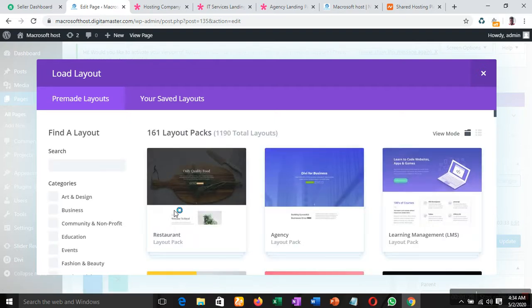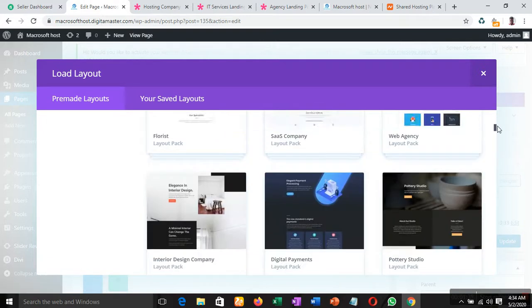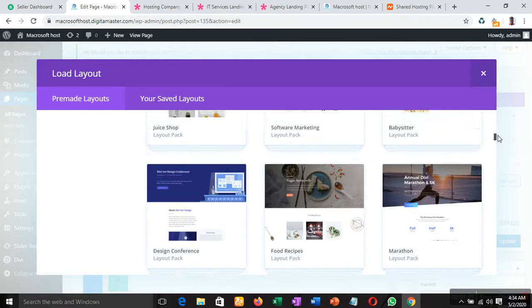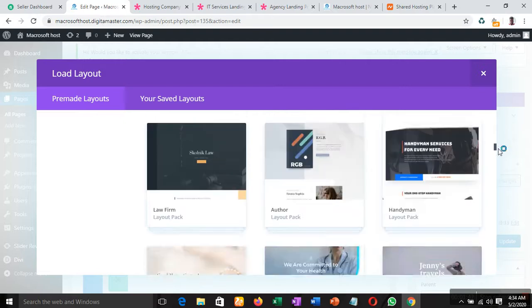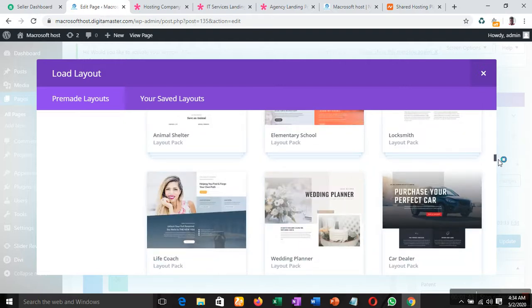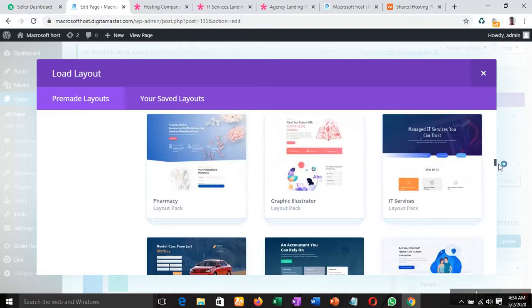So I already know the name of the team I'm looking for that I want to copy from. It is IT something. I think this is the team. Is it this one? IT service. Let me see if I can see another IT.